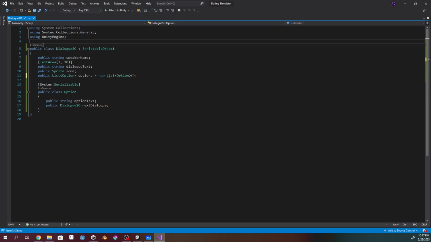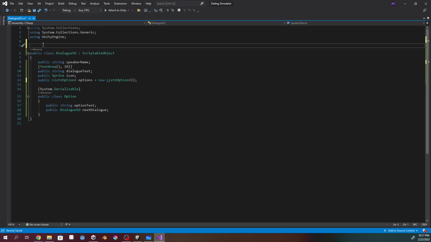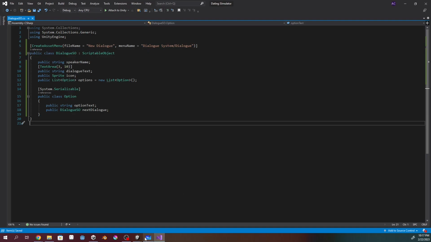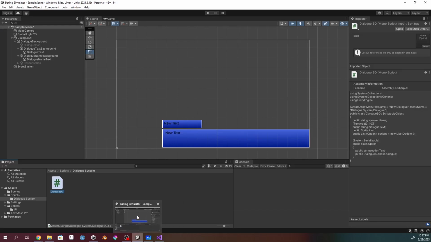And then we also need to go ahead and add this CreateAssetMenu, so that way we can create new scriptable objects from within the Unity editor. So we'll go ahead and do that here. We'll just say it's new dialog. And we'll make a menu name of Dialog System/Dialog. Going back into Unity after it compiles,